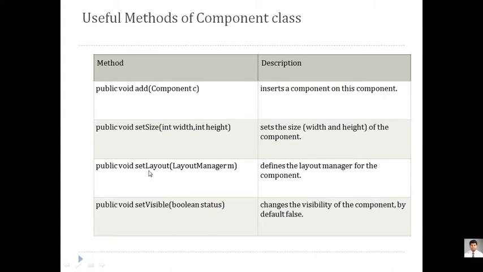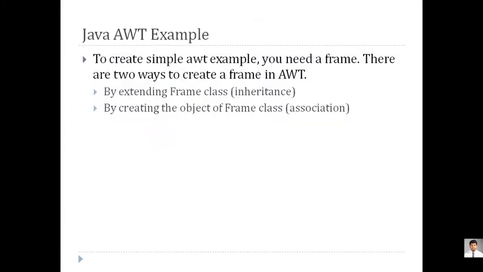Then layouts, which we have seen in the previous session; there are different types of layout. There are 9 layouts, among which we'll be working on 4, that is flow layout, border layout, and others. So set layout is most important whenever we go for AWT programming. And set visible is one more function you have to use. If you don't set it to true, then automatically all components will never be displayed on your screen. So set visible, set layout, set size, and add. These are the 4 functions you have to keep in mind. Basically, these are frequently used whenever you go for AWT components for execution.